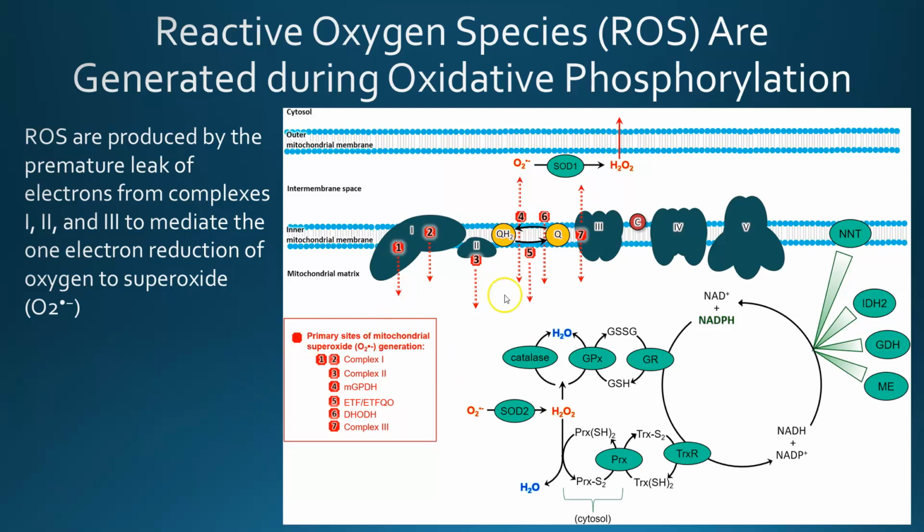So this diagram, which isn't in your textbook, but I took from reference, Redox Biology, Volume 37 from October 2020, these red numbers 1 through 7 are showing the most common sites that the superoxide is generated, and there are 2 different superoxide dismutases, 1 in the intermembrane space and 2 in the matrix. There's the catalase that I mentioned, and many other proteins that are involved specifically in the degradation of these reactive oxygen species.